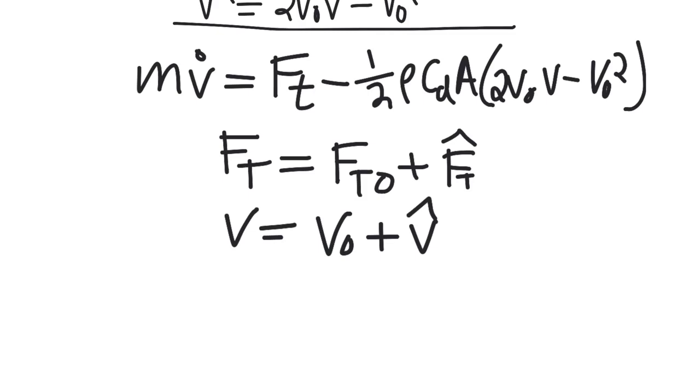Similarly, we've written v as v naught plus v hat. And again, this is an arbitrary transformation. We're just basically shifting v hat up by a value of v naught and saying that that whole expression is going to be equal to any value of v. And realistically, we're doing this all the time anyway. The difference is that we're saying that our point about which we're measuring f(t) and v is 0. And so what we're really doing is just shifting up to some other arbitrary values that happen to be the equilibrium values for